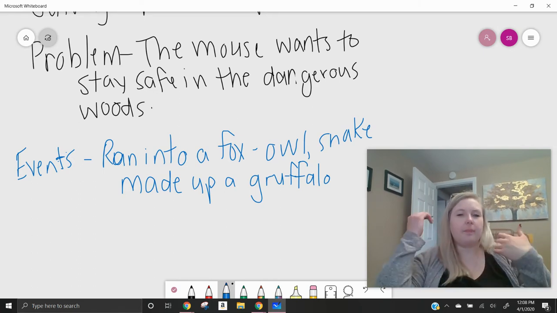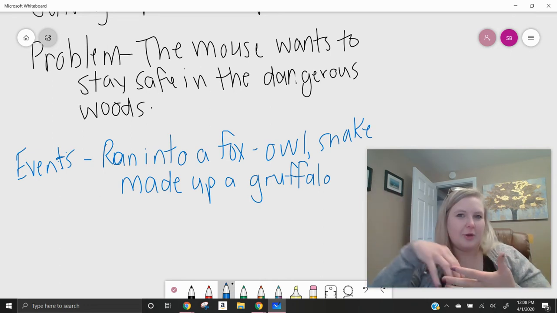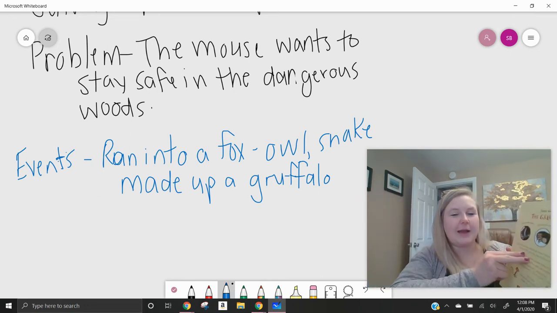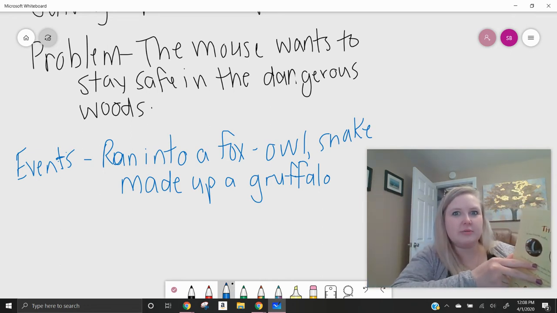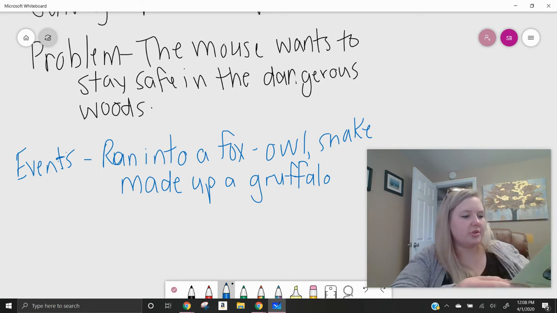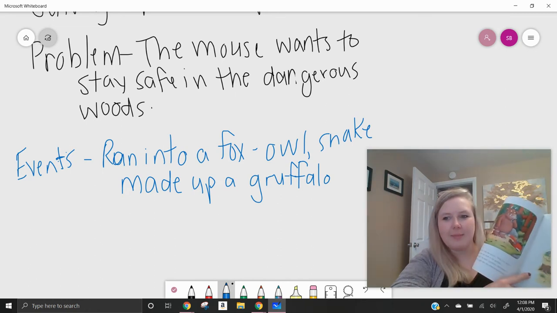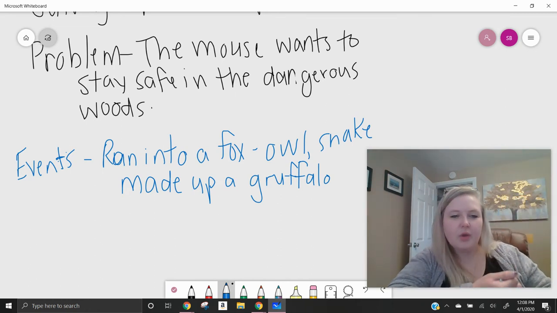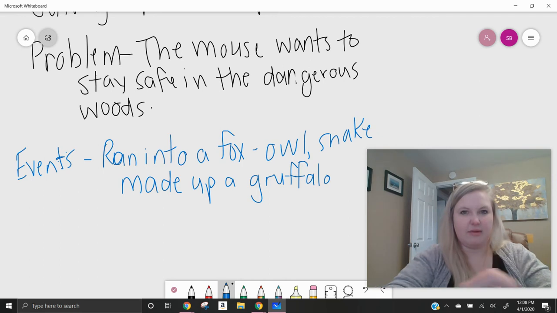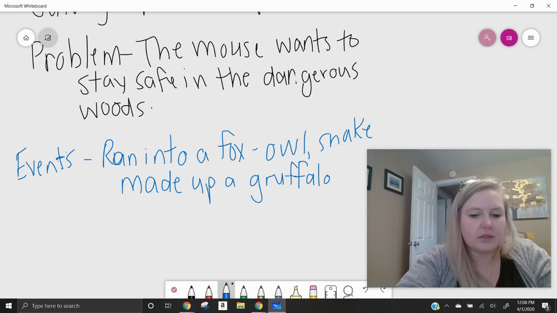Because the solution wasn't the Gruffalo. Because at the end of the story, what happened? The Gruffalo was actually real, right? So the solution can't be the Gruffalo. So then what? What happens? Well, once he runs into the Gruffalo, he then has to prove to the Gruffalo that he's scary, right? So the Gruffalo,